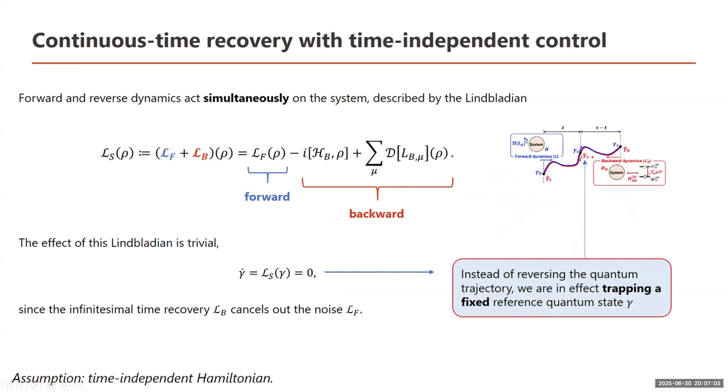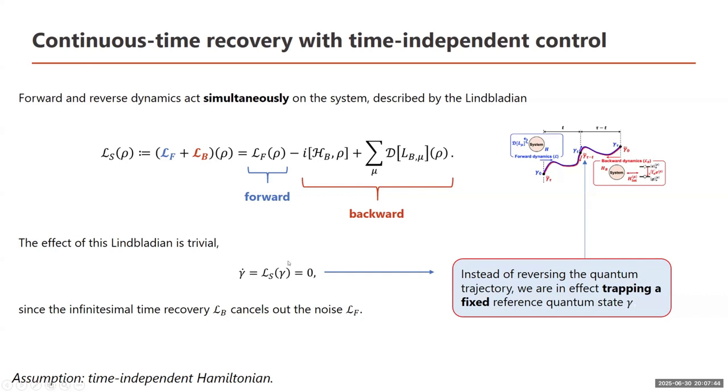Now let's consider the scenario where the forward and recovery dynamics simultaneously act on the system like this. In this situation, the Lindbladian can be described like this: L_F plus L_B, where L_F shows the forward dynamics and L_B shows the backward dynamics. The effect of this Lindbladian is quite trivial: for the reference state gamma,